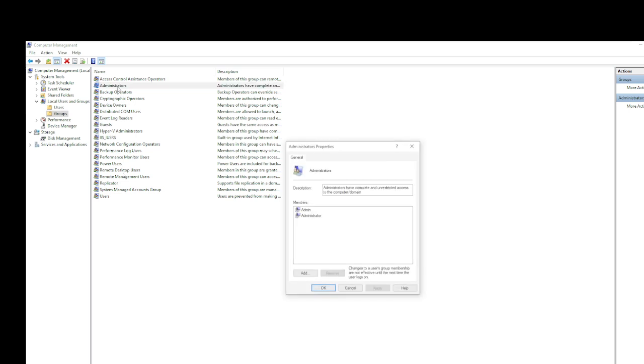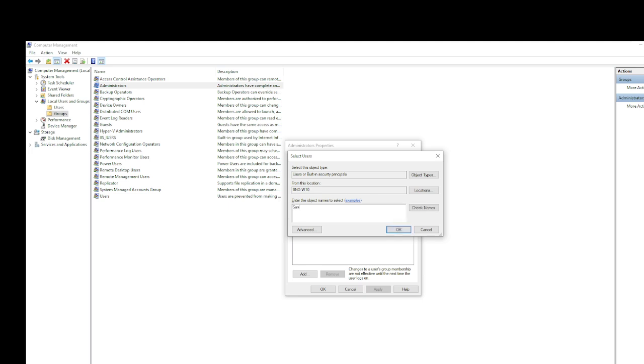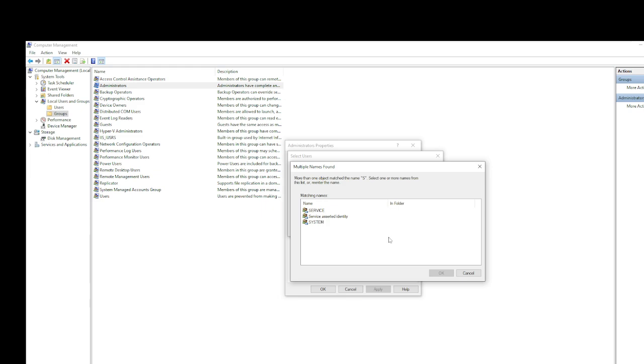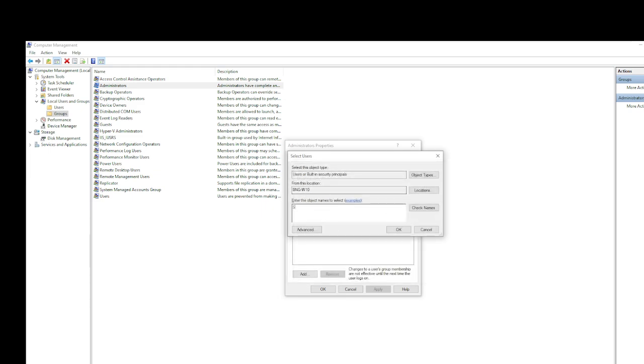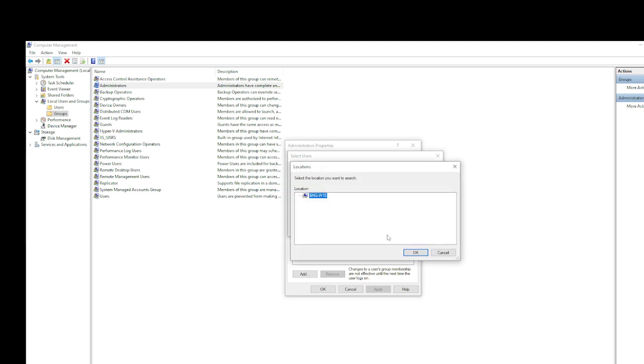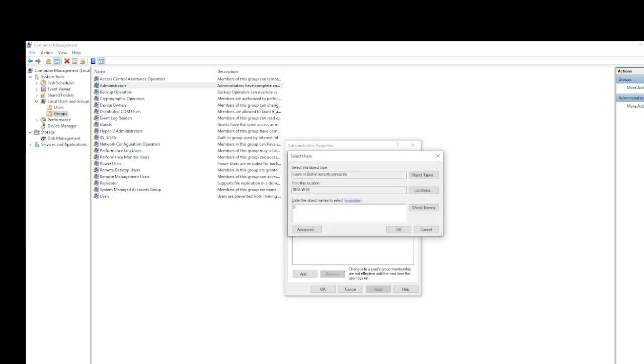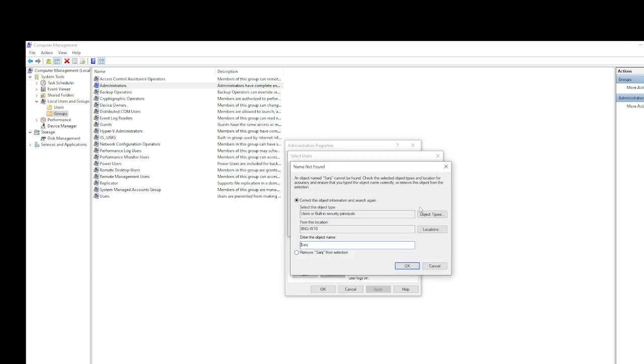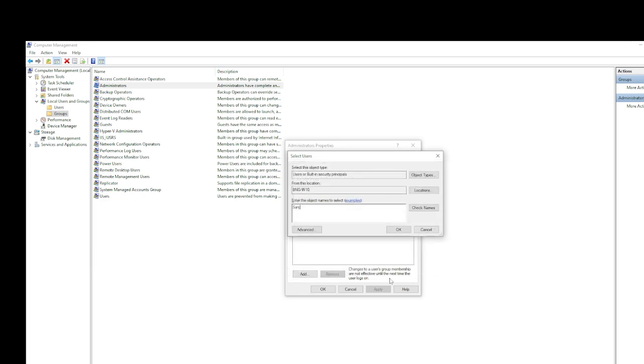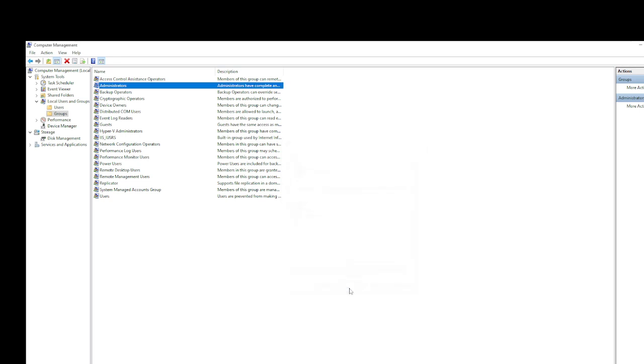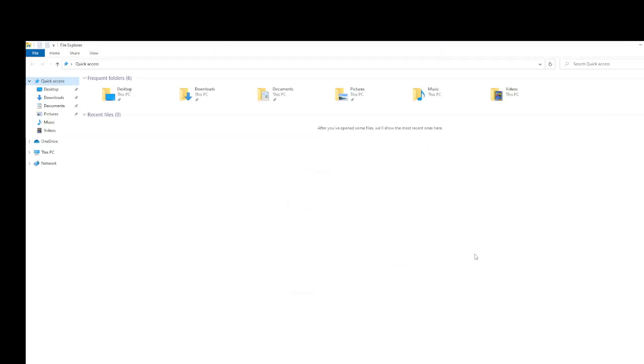Now I want to give Sanju the administrator access. You can click on add and add Sanju. See, if you just type Sanju, it will come. It is not coming. Let me go to location. Let me put Sanju. Why is it not coming? One second, let me close it and open it freshly. Sometimes it takes time. So I can go directly also using a command called